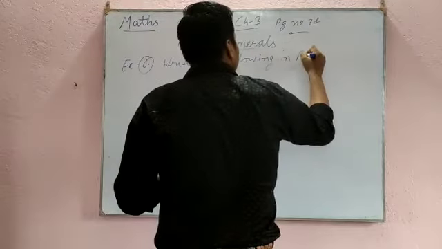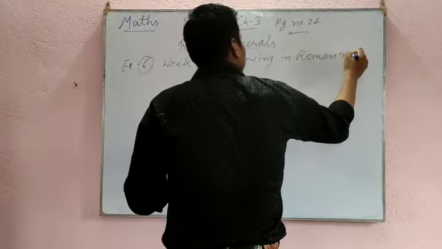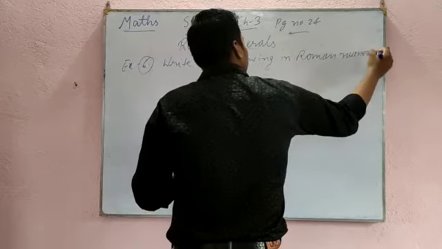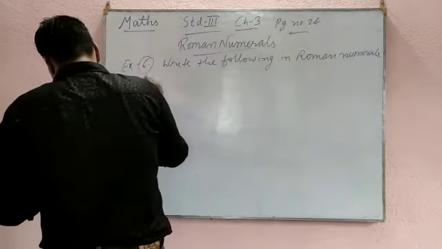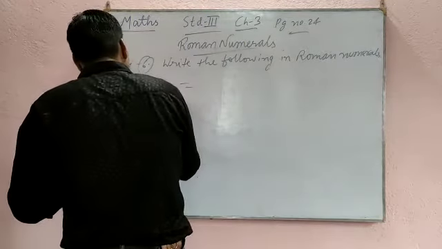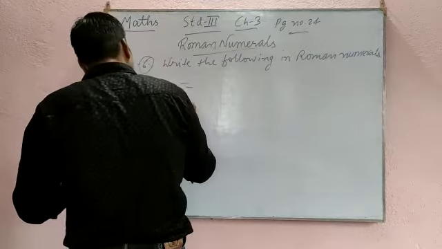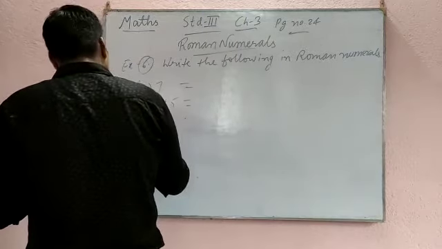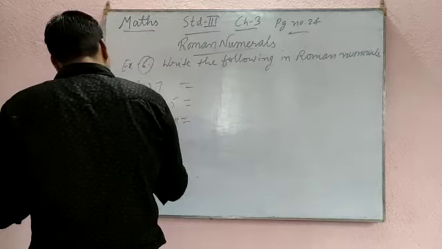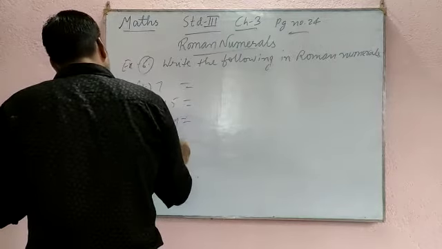So first question is 7, second is 15, third is 29, then 22, last is